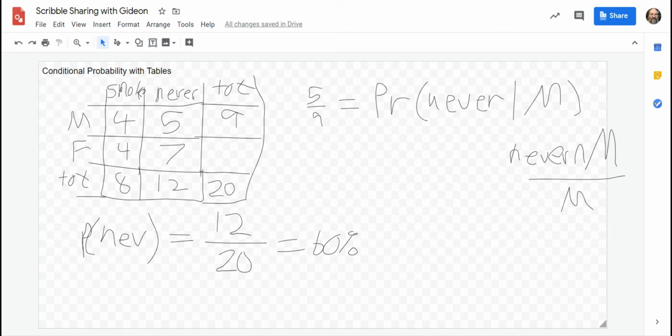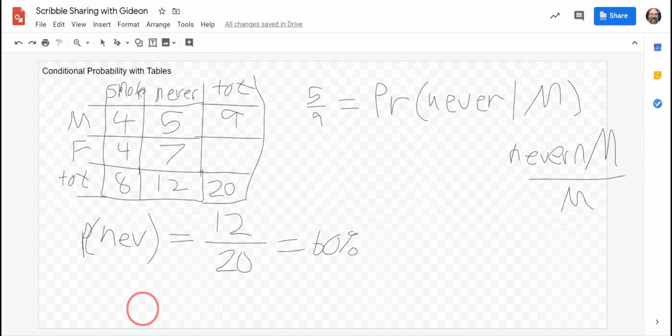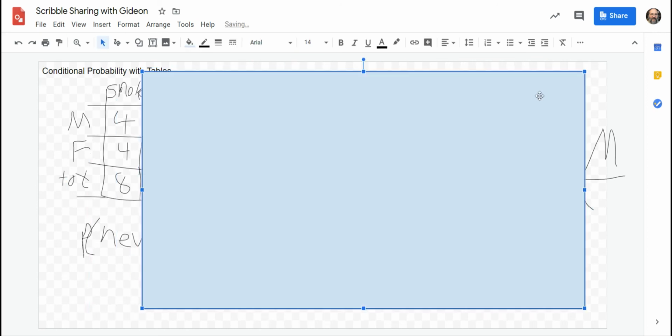When they ask you a question about smokers, again, out comes the box to cover up everything else. We don't need to know anything about non-smokers and totals to answer a question about smokers. What percentage of smokers are male? Well, that's the number of male smokers divided by the total number of smokers, 4 over 8,